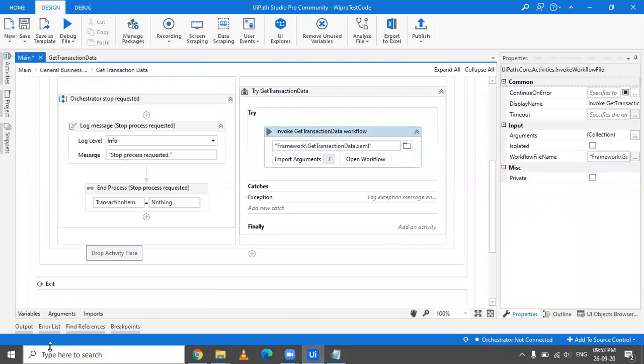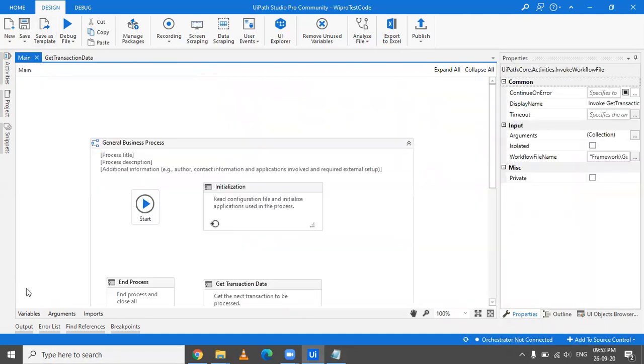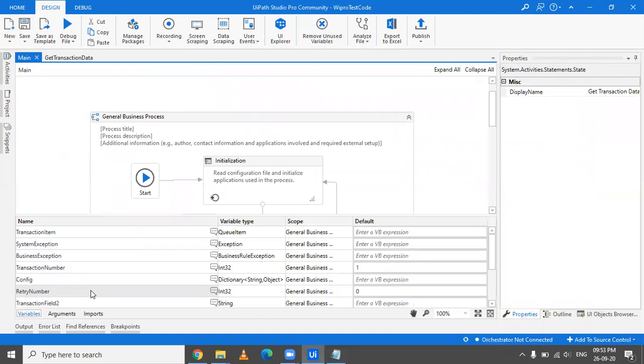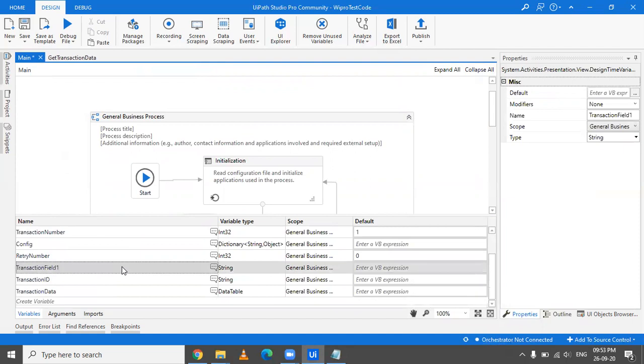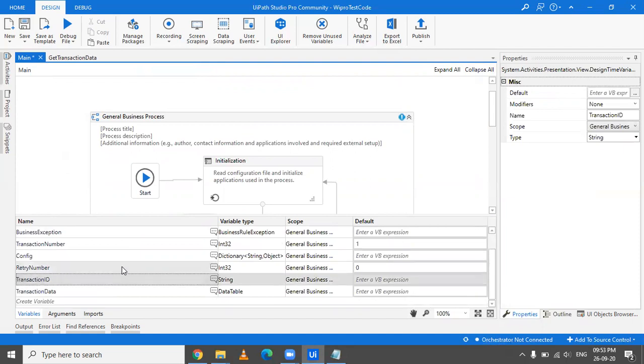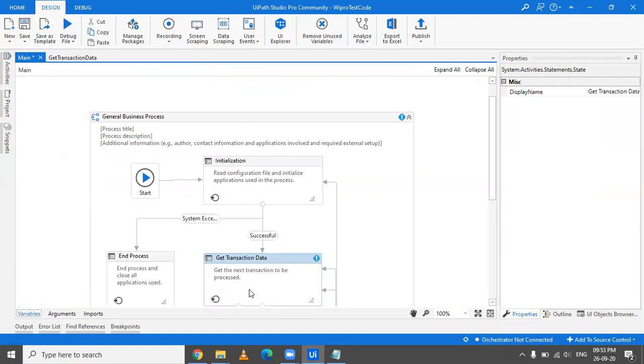You can delete all those variables here if they are of no use. Also make sure to delete them from everywhere if you're deleting them. So you must even come to this general business scope, and if you're not using all these variables, then it's better that you delete all the unused variables which you are not using in your automation scope.